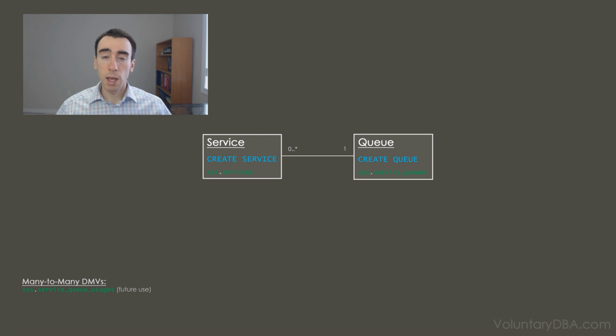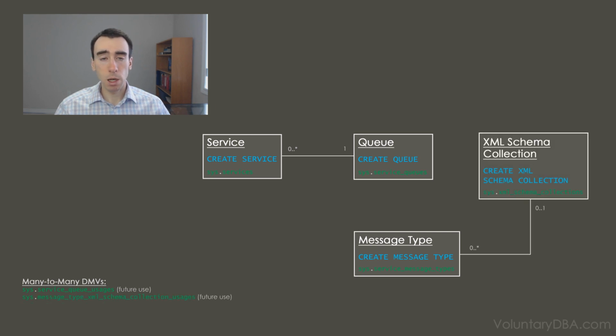Service Broker exposes ways to validate the format of a message by using an object called a message type. A message type can be defined to validate the payload in several different ways. To not validate the payload at all, meaning that it's simply a binary chunk and that's it. To validate that it must be null. To validate that it must be well-formed XML. And finally, to validate that not only is it well-formed XML, but also that it conforms to the schema defined by an XML schema collection in the database. XML schema collections aren't specific to Service Broker, but I've included it in the diagram anyways to show the multiplicity